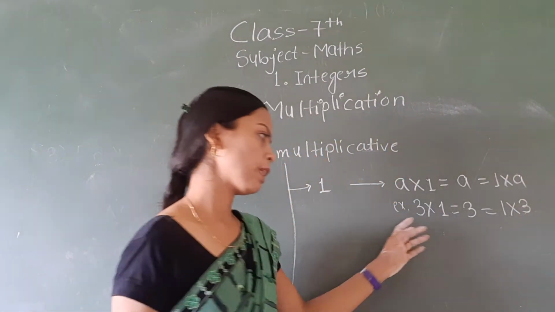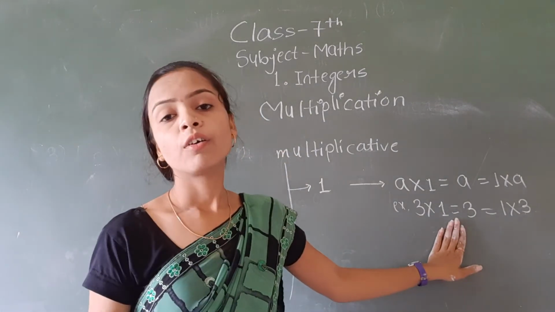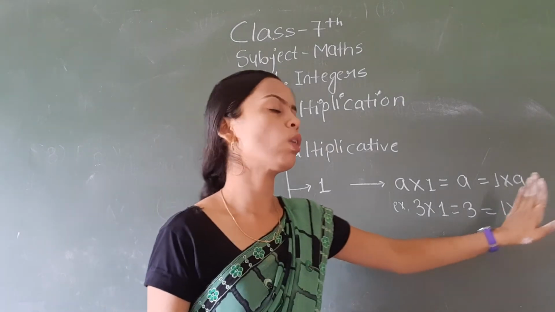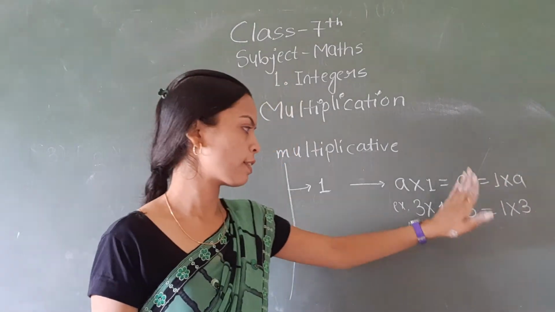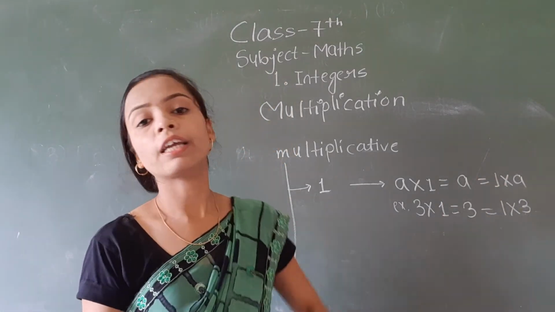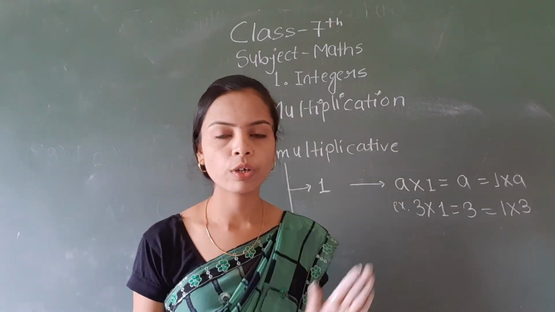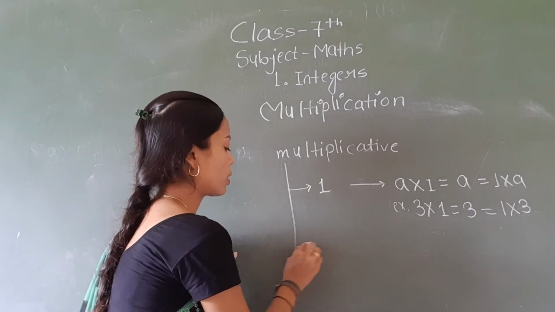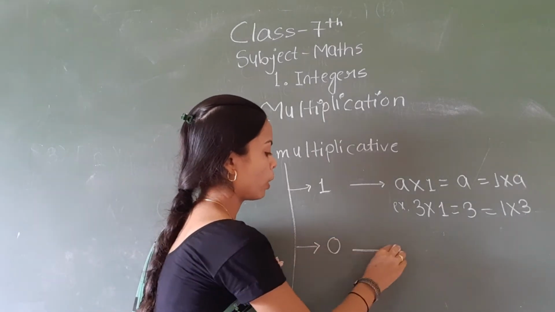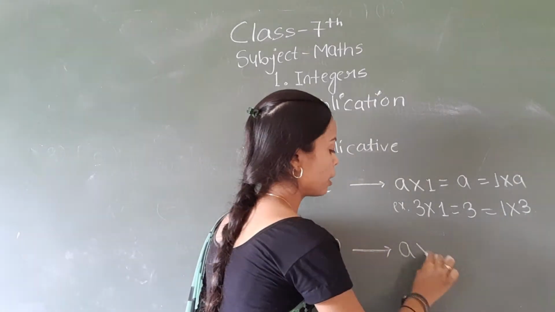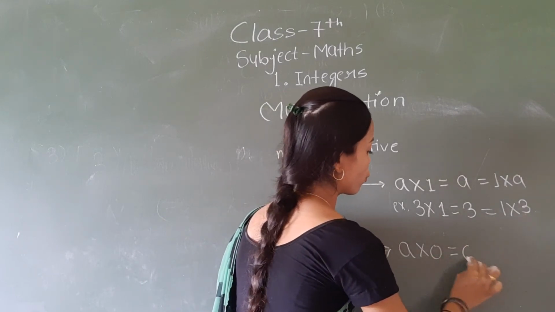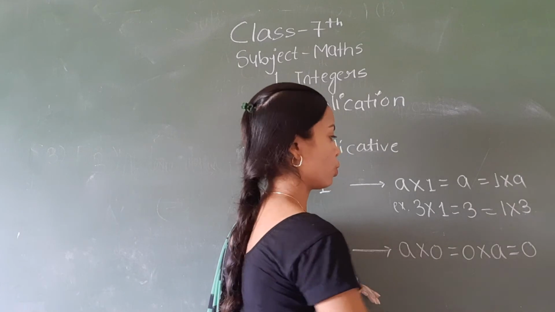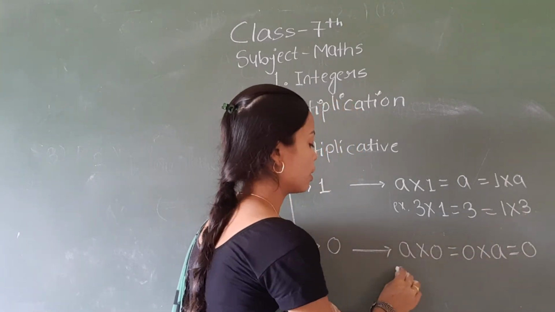आप 1 का मल्टीप्लिकेशन किसी भी नंबर से कीजिए या 1 को किसी नंबर से मल्टीप्लाई कीजिए, your answer must be that number again, not 1. 1 का उसमें कोई रोल नहीं होता है, आपका आंसर वही नंबर आता है. The next property is for 0. If you multiply any number with 0 or 0 with any number, your answer will always be 0.